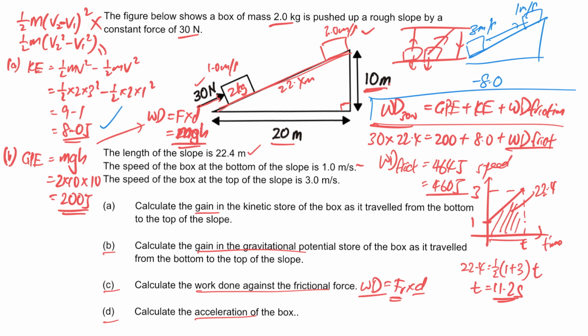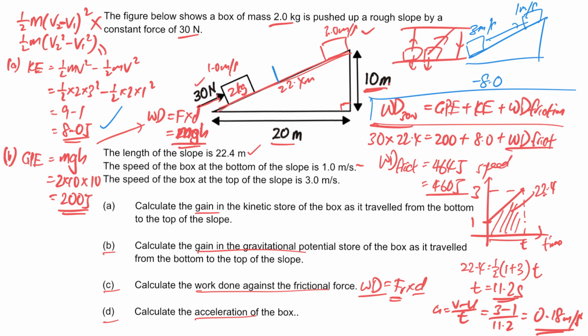So last step, to find the acceleration, I'm using v minus u over t. The final speed is 3 minus 1, and the time taken is 11.2 seconds. And I will have an answer of 0.18 meter per second squared. So that will be the acceleration. Very straightforward. Next, I will continue to show you the second method, which can be a bit more difficult because